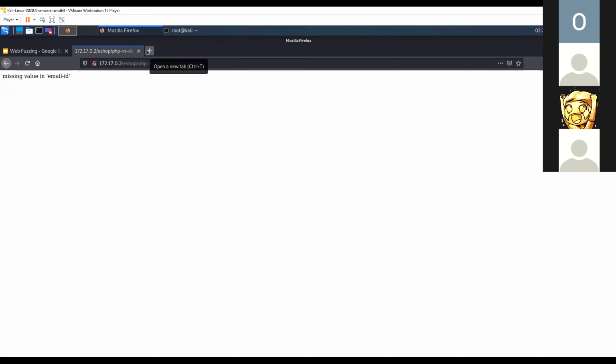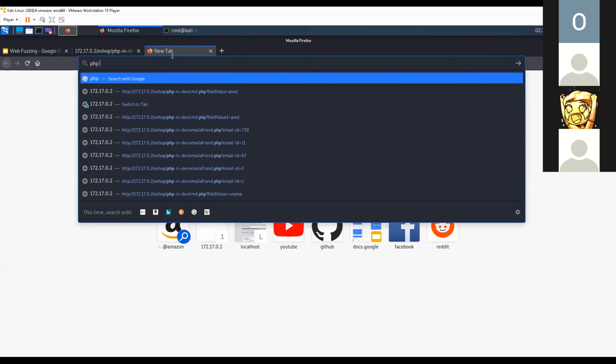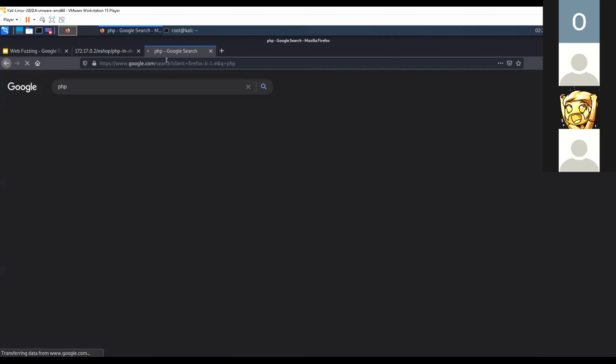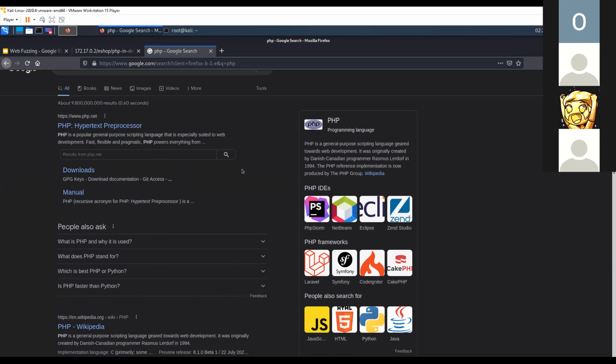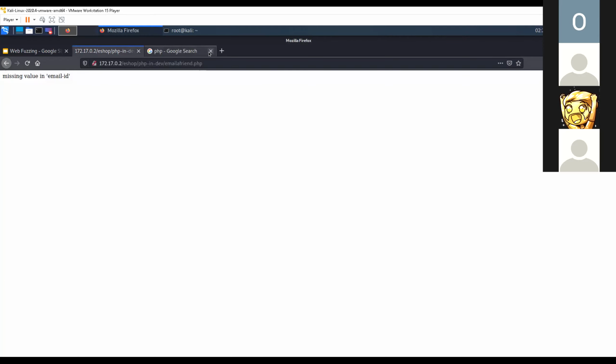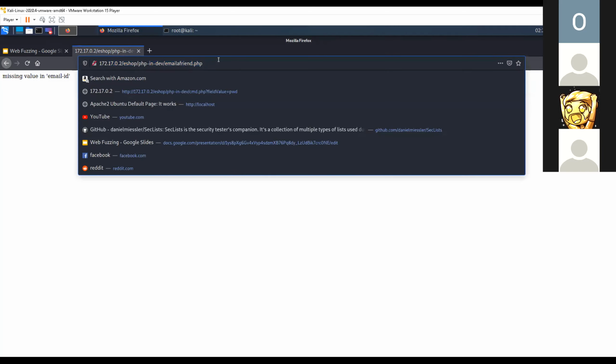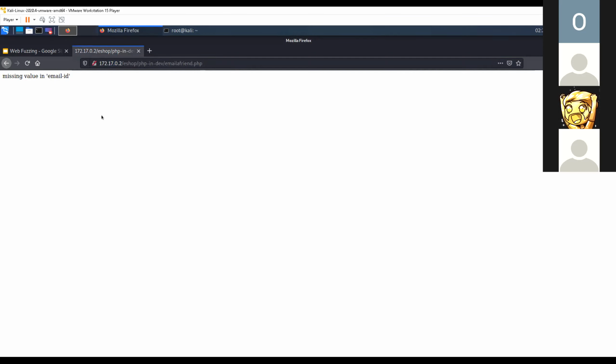PHP, I don't know the complete one. It's a programming language. It's a general purpose scripting language for web development. It's used for backend and sometimes front end as well. Same thing as .cpp and so we know that it's running some kind of code behind this file,